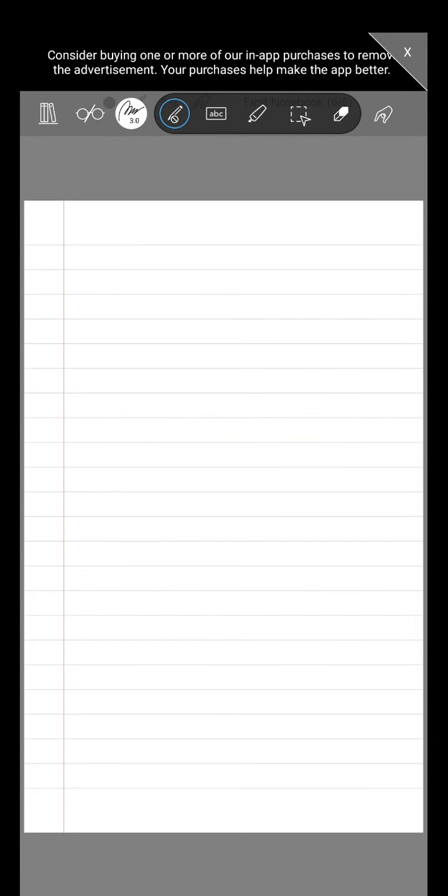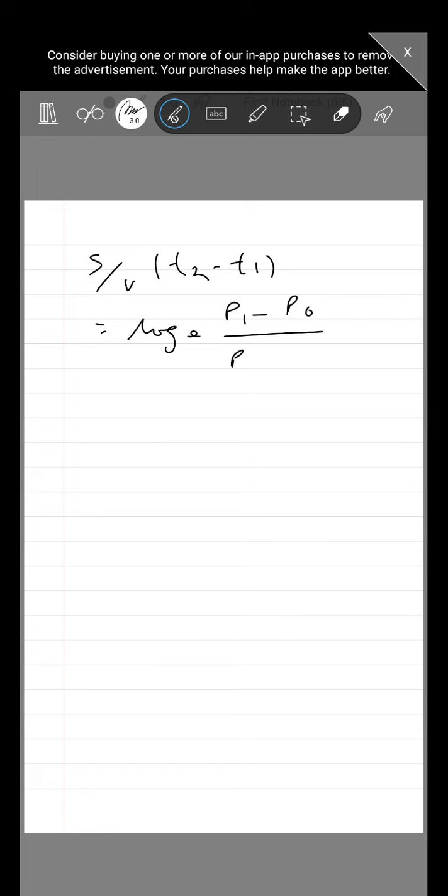So we get S by V (T2 minus T1) as equal to log exponential (P1 minus P0) divided by (P2 minus P0), and it is equal to